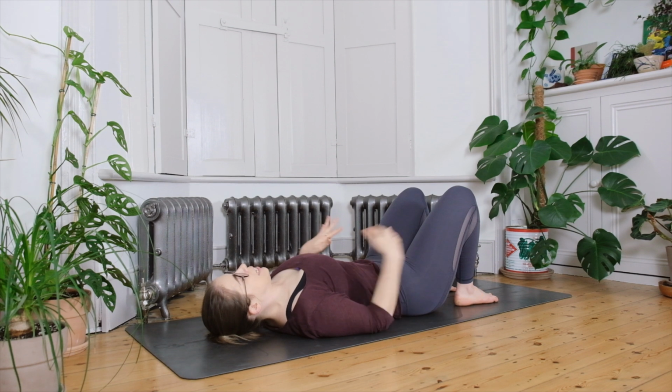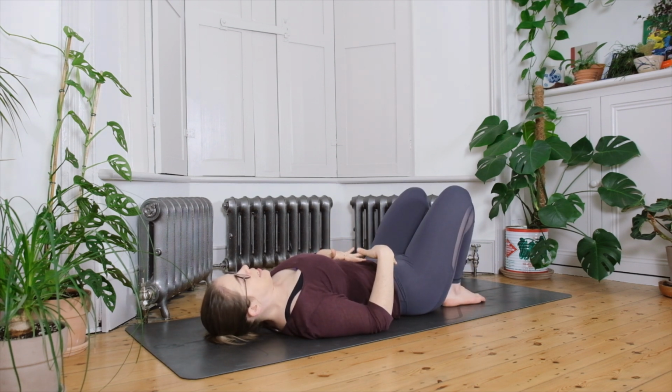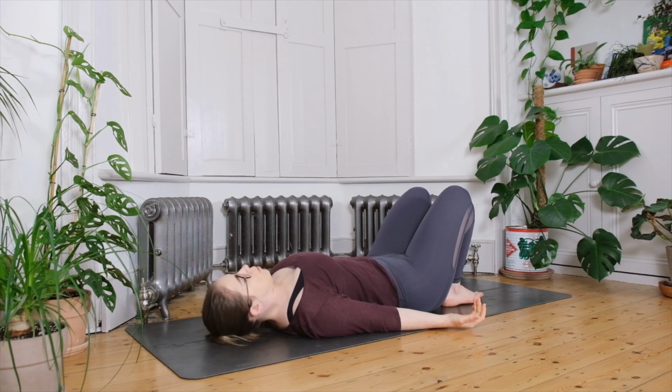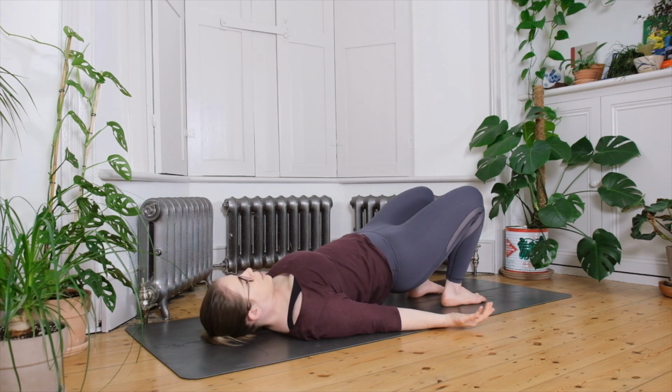And when you're there, we'll set ourselves up for half bridge, so walk the feet in towards the sitting bones. Spin the palms up towards the ceiling and shimmy the shoulders towards the spine. Now, begin by pressing into your heels to slowly lift the hips, peel one vertebra at a time towards the